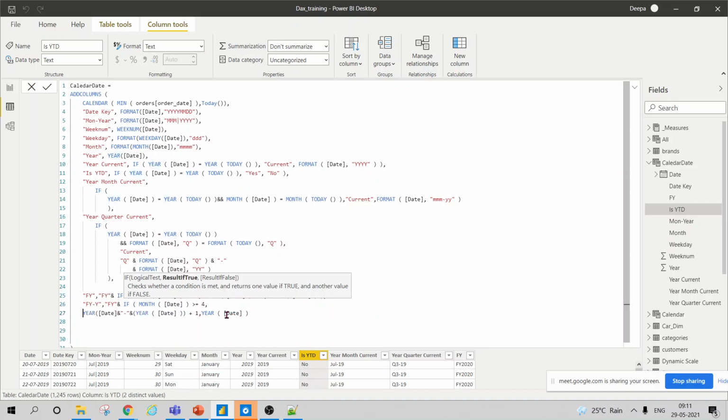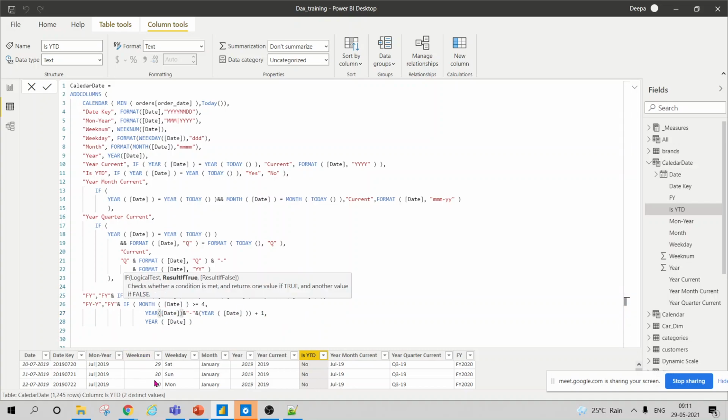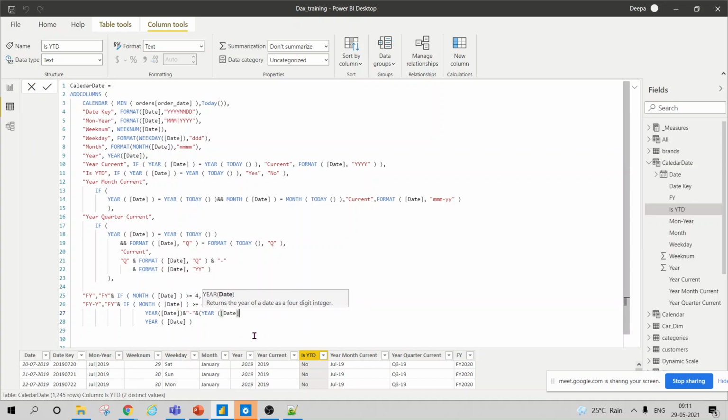First of all, this function, and I want to return this. So year of this date, the bracket should be closed, and year of this date, and then add plus one. Yes, is that okay? Here it should not be that.